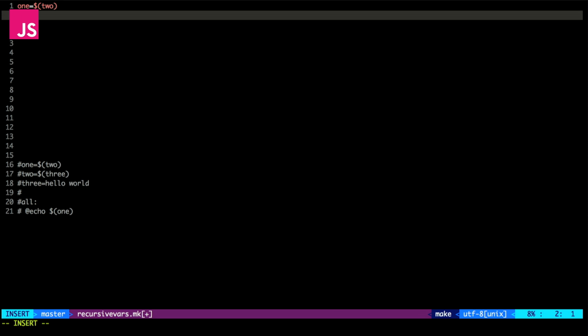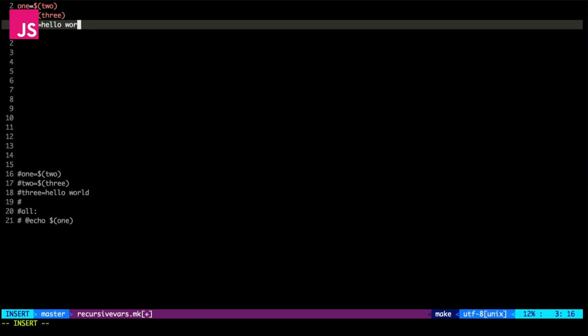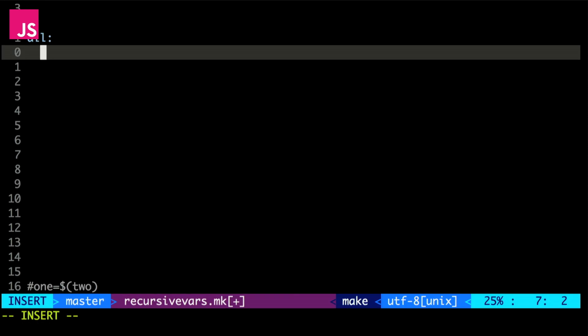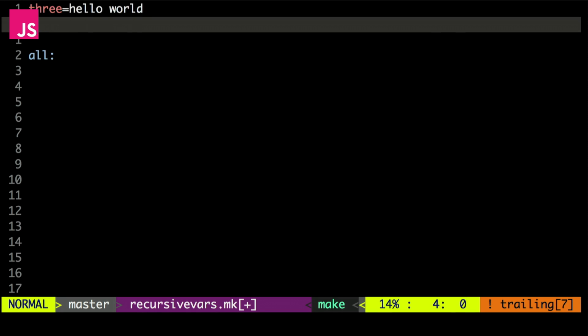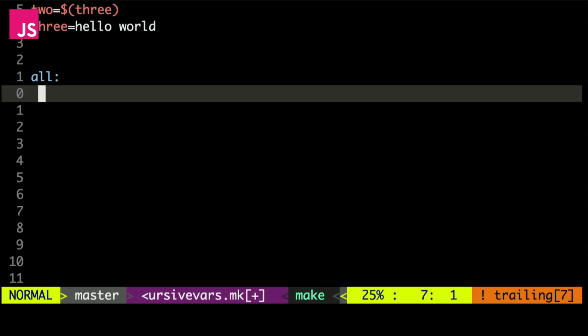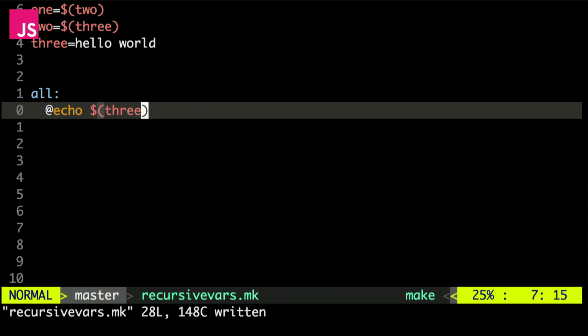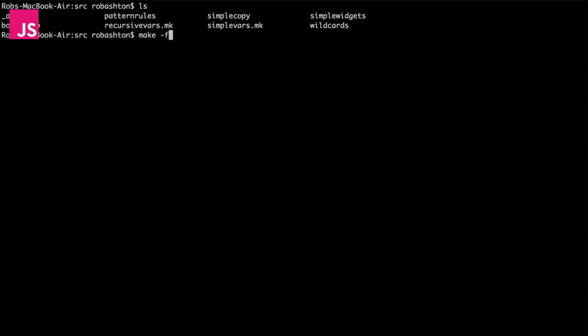So here I'm going to make a variable and assign it to whatever the value of 2 is. I'm going to make another variable and assign it to whatever the result of 3 is. And I'm going to say 3 is equal to hello world. And then down here in the all target, I'm going to make that even bigger so you can all see it. That all good at the back? Yeah, we're good? OK, cool. I'm going to echo out whatever is in the value of 3. And if I run this, over here, we get hello world printed out,